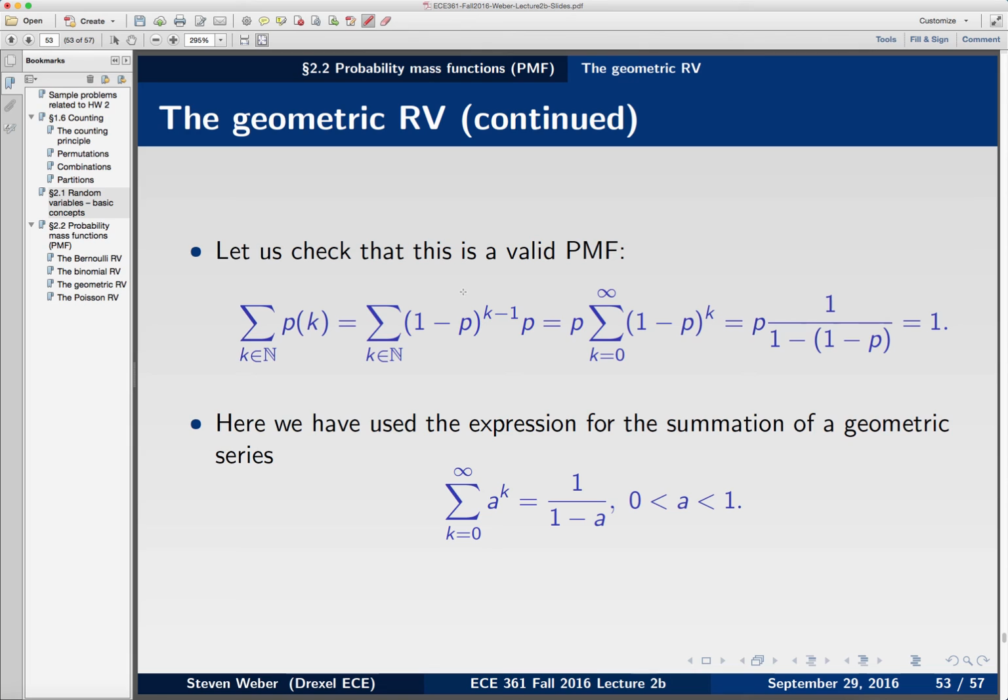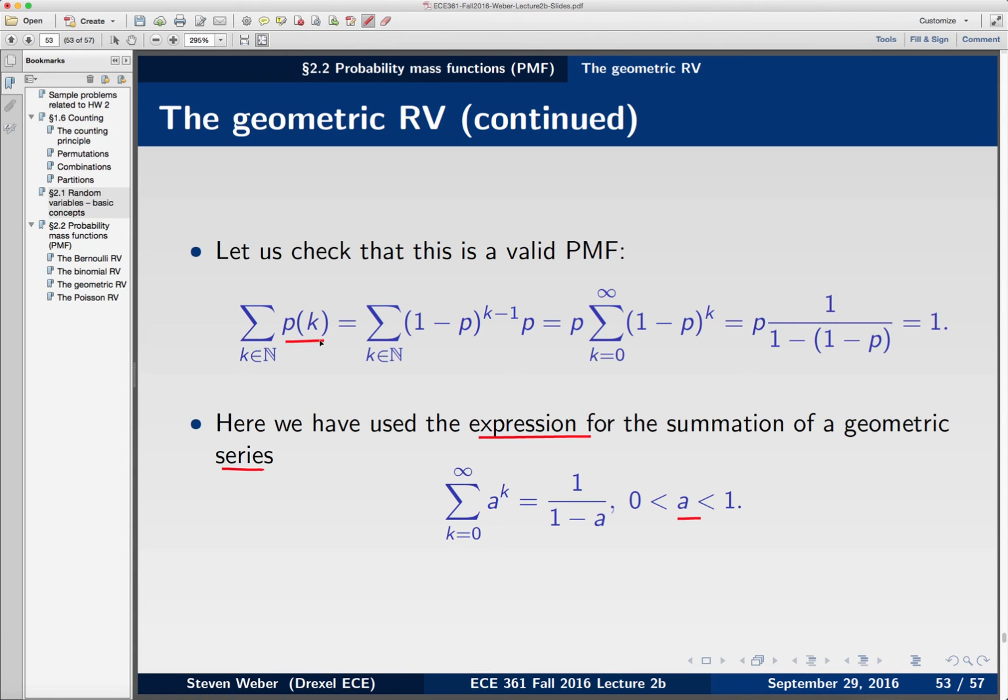Let's check that this is a valid probability mass function. First, as our tool, let's recall the expression for the summation of a geometric series. If a is strictly between 0 and 1, then if I form the geometric sum a to the 0 plus a to the 1 plus a squared plus a cubed, etc., that equals 1 over 1 minus a. With that in mind, let's look at summing up the components of the probability mass function for a geometric random